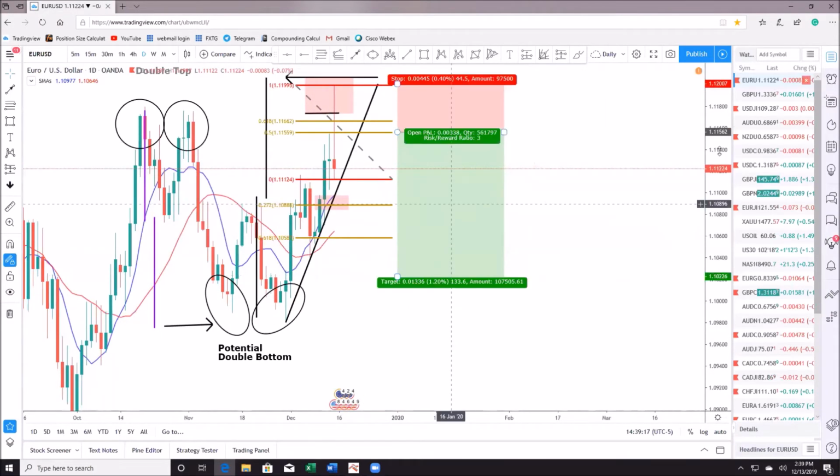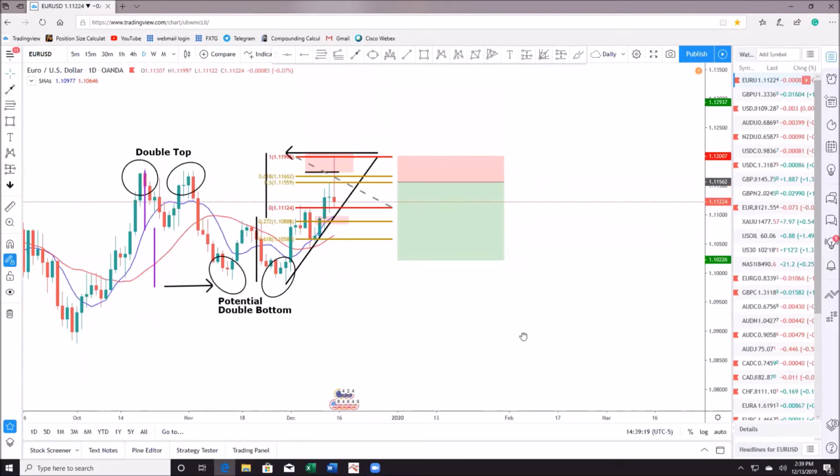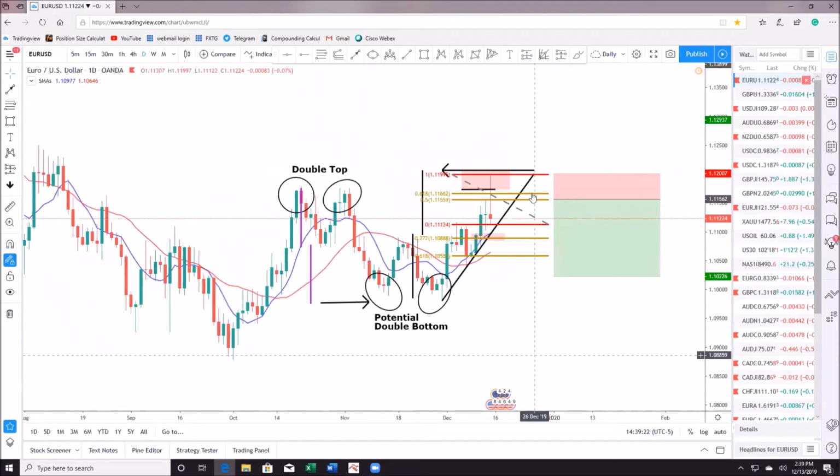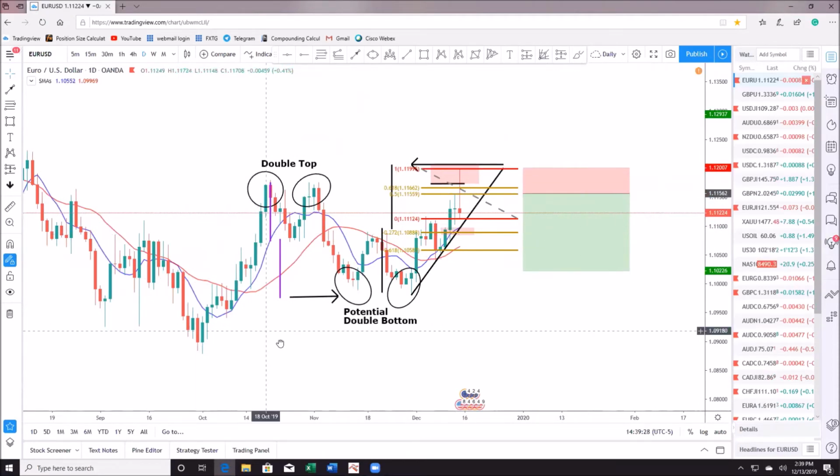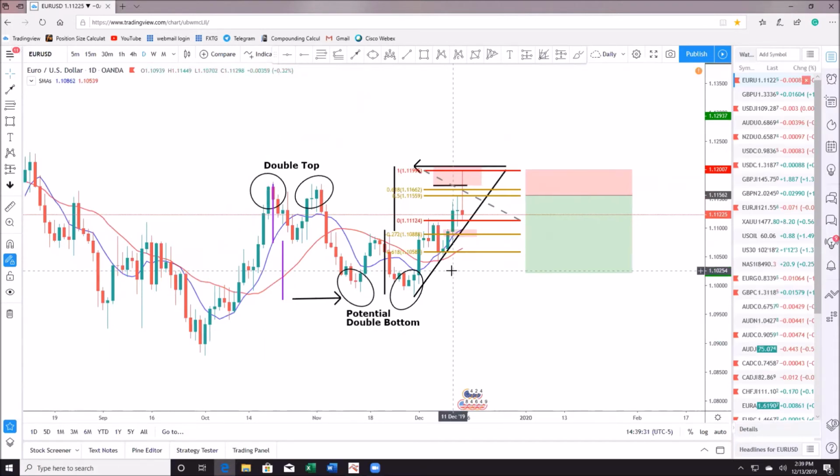If price does come back into the retracement of the 50%, I'll look to get in, stop loss here, and then I'll look for take profit down here for a nice 1 to 3 risk reward. So that really is, like I said, just an additional analysis from yesterday, just to close it out